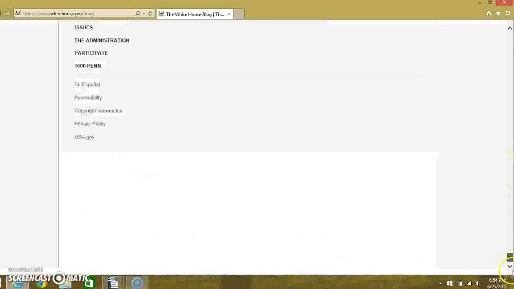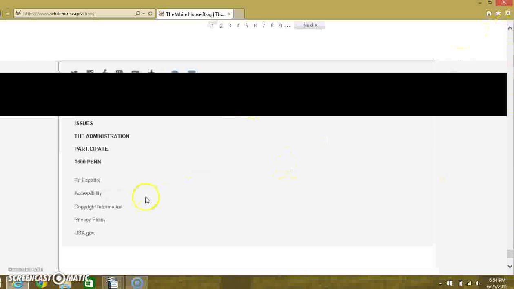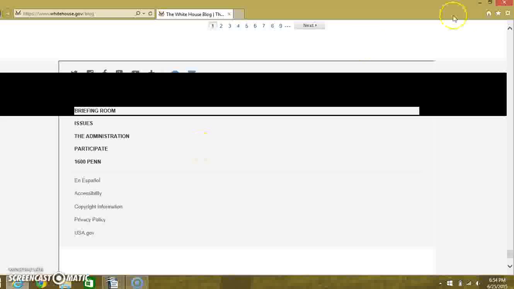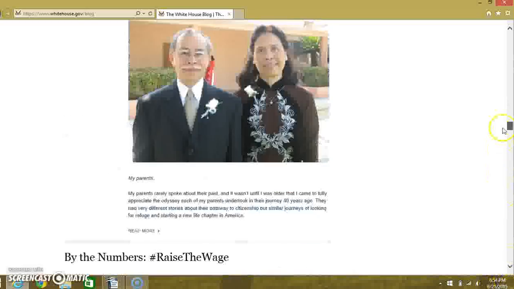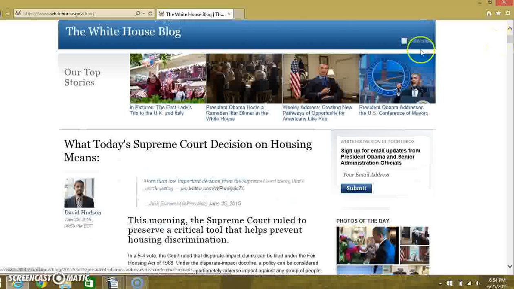Usually what you can do is scroll down to the bottom, and a lot of times if that information exists, it's going to exist somewhere at the bottom of the page. If none of that information existed, then I would have gone with today's date, which was June 25th, 2015, which happens to also just be the last updated date. I got lucky, that information is right there.